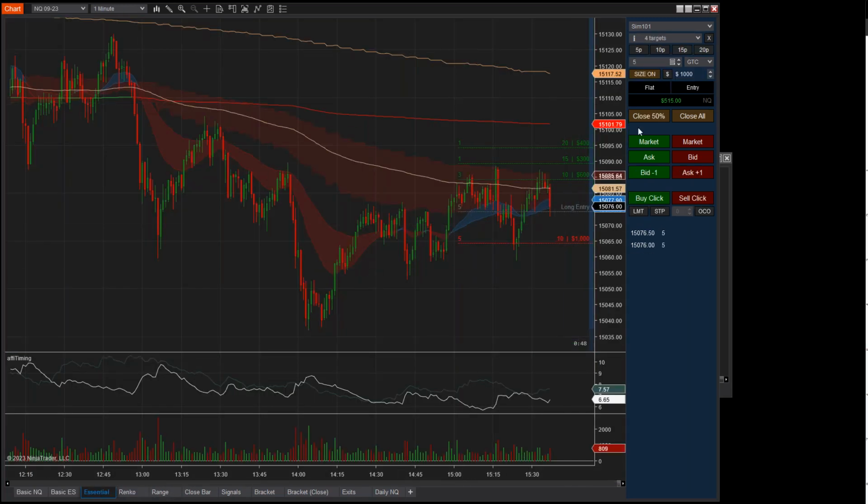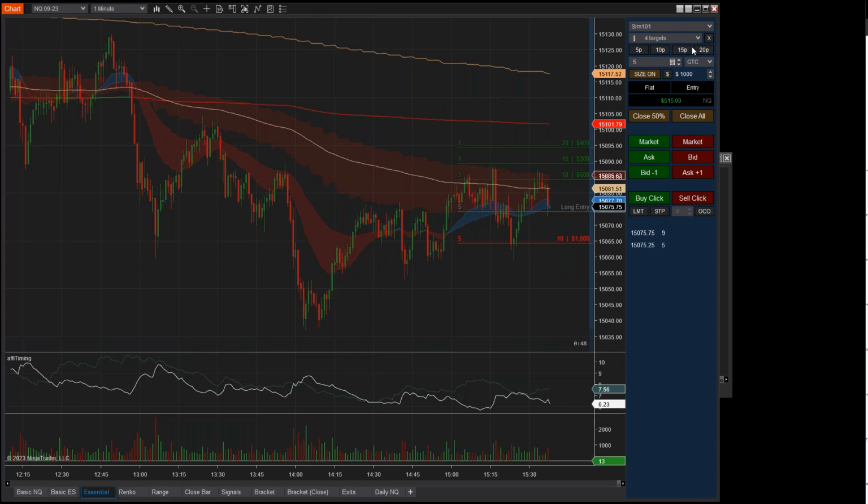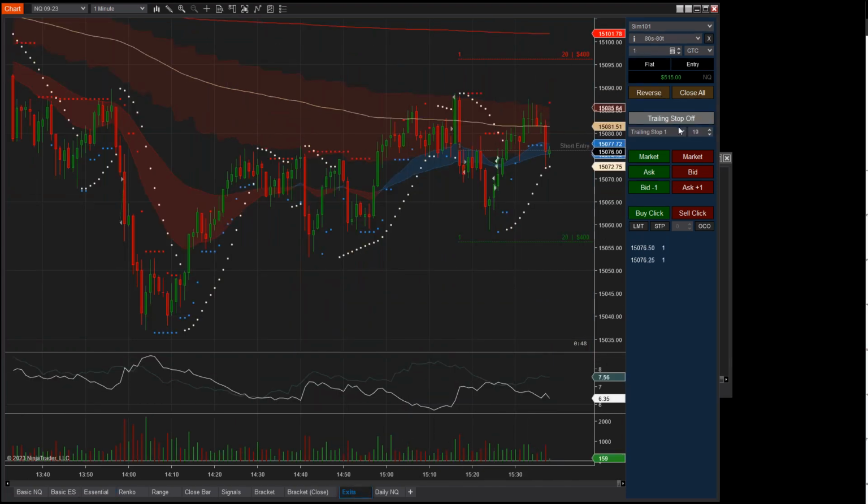And then the essential chart trader tools, which is like the position sizing, and you can quickly change your ATM strategies on the click of a button up here. So this chart trader has a ton of different features just kind of based on what you need. I've split it up into different modules. So back to exits, okay?